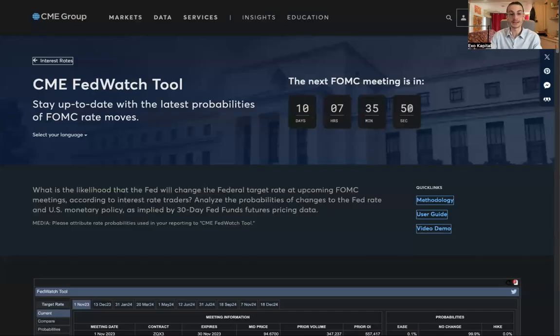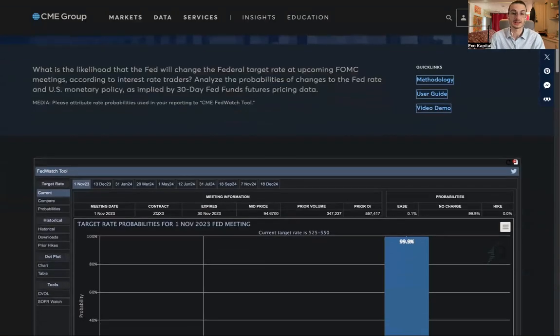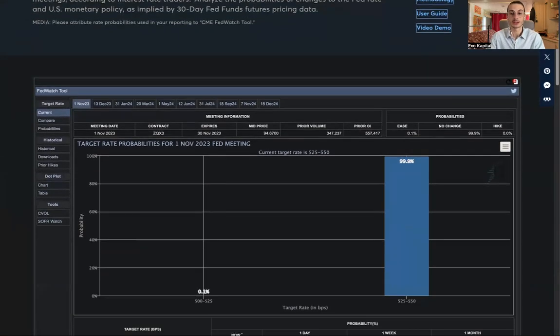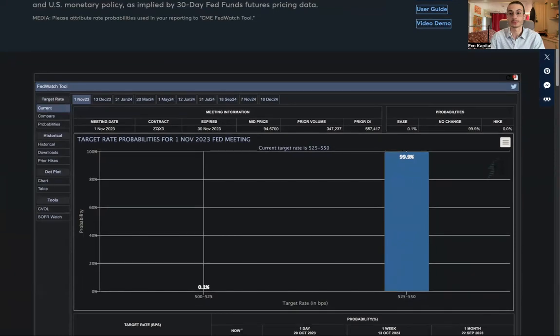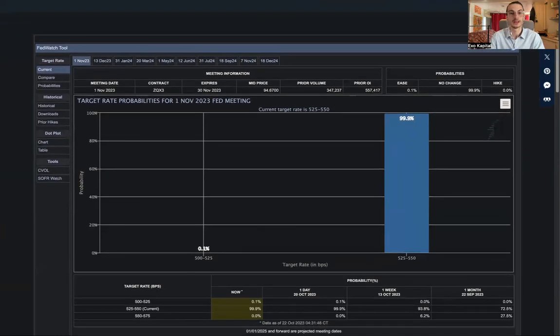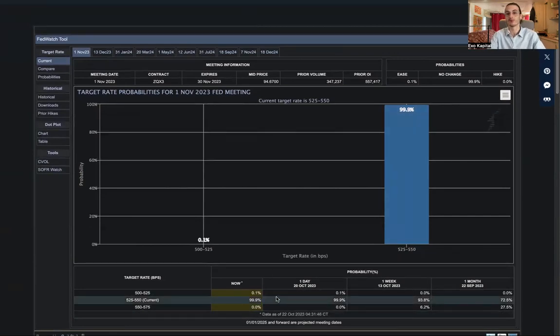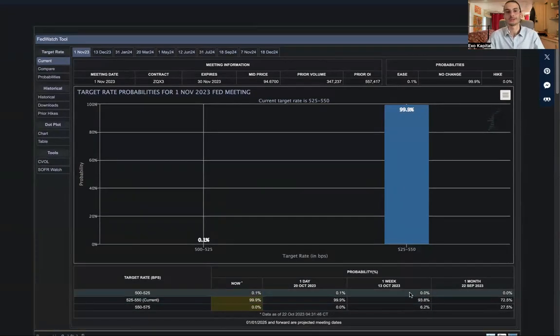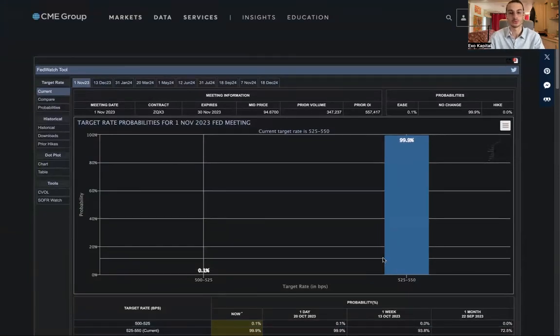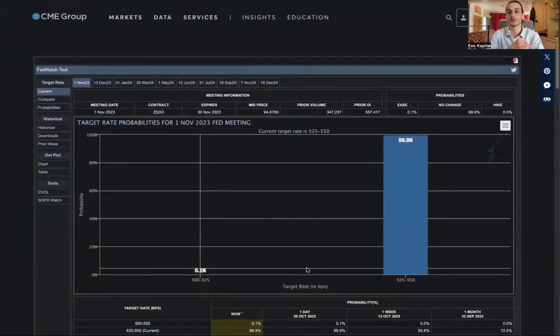So about those rates, we have the next FOMC in 10 days. Now it's actually 100% chance that there will be no hike and basically no change for the next FOMC. Now, last week we were at 94%, if you remember. So now, not next week, but the week after, 1st of November, we are quite sure there will be no change. What we all will be looking at will be